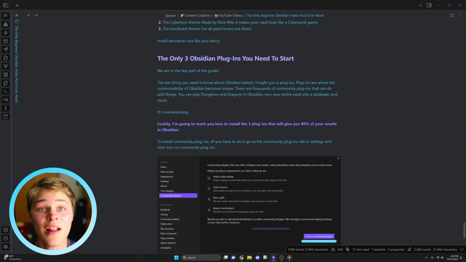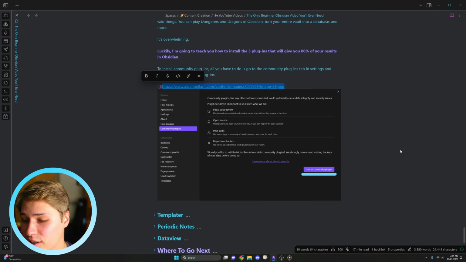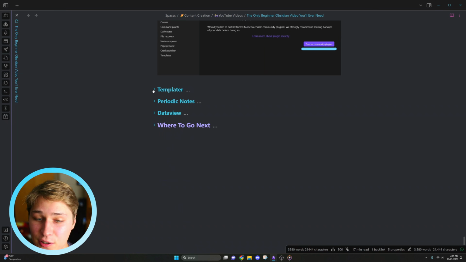So there's a lot of plugins, but I'm gonna give you the 20% of plugins I think account for 80% of the results. And those are, first, before we do this, you have to turn on community plugins. So you're just gonna go to the settings, community plugins, and then turn on community plugins right there. And those 3 plugins that you should get, do it while you're watching this video, it's gonna save you time,